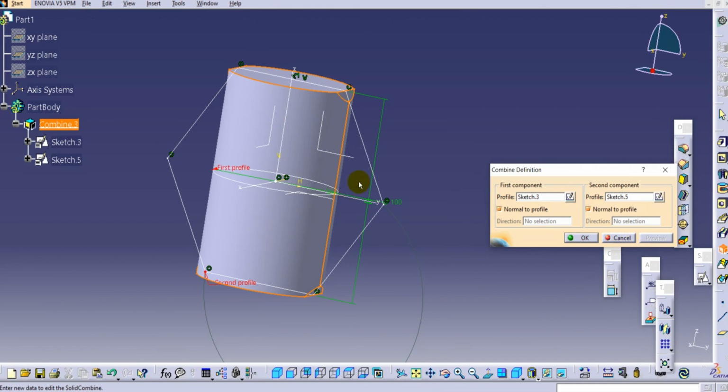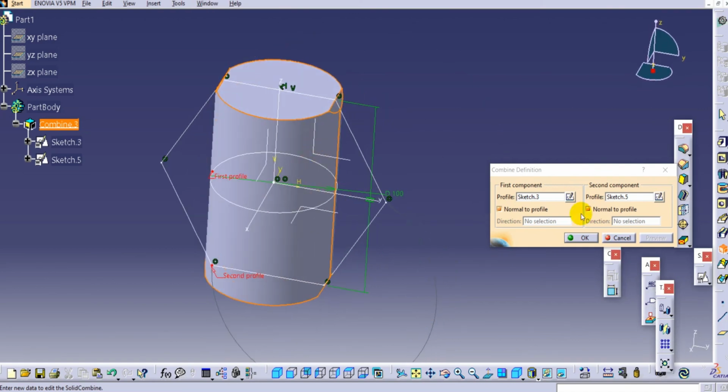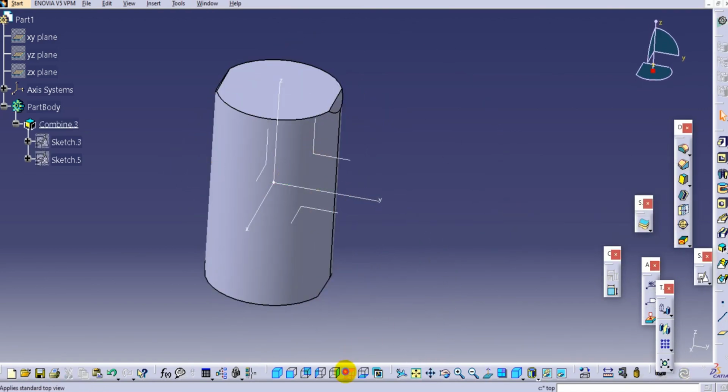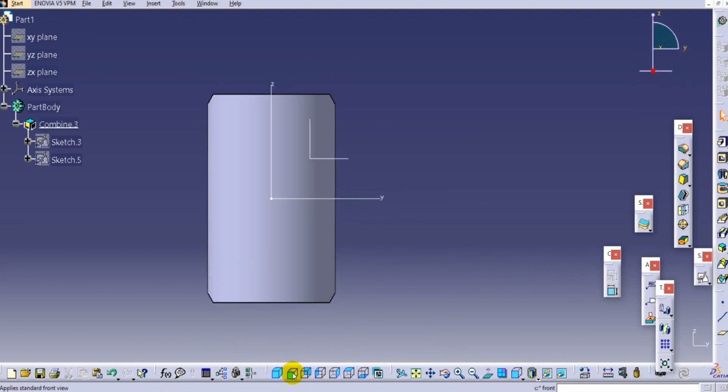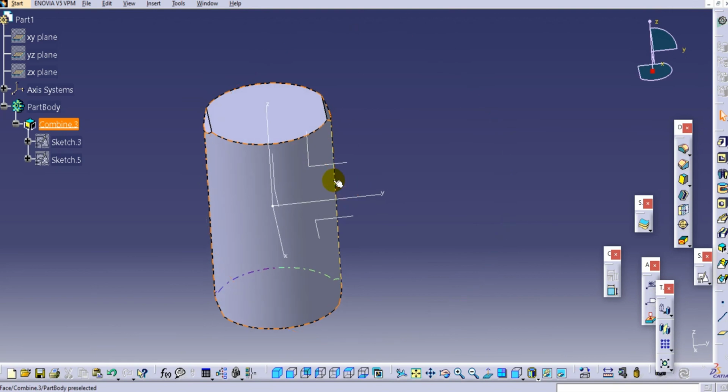So if you preview it, you can find this complete height of this hexagon is taken as the depth of this 3D model, and the shape of this 3D model is of circular fashion. Just click on OK. Again, if you want to see the views here, in the top view you will find the circle, and in the front you can find the hexagonal shape. So in this way the solid combine command works.